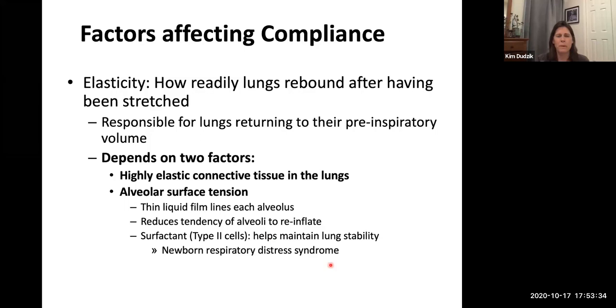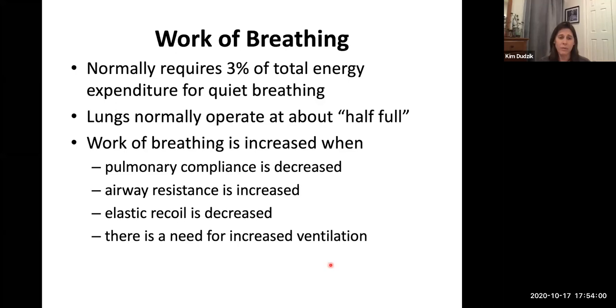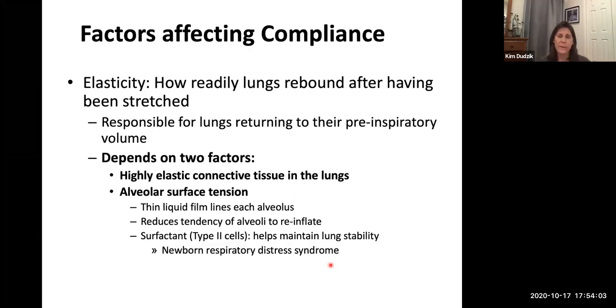But the good thing is we make an artificial surfactant. It's a spray that can go down the throat. And so our wonderful nurses will come in and help those babies daily so as to keep their breathing going. Because the good thing is, give them some time. The type 2 cells will start to develop even outside of the womb. And then pretty soon the babies are able to breathe pretty easily. Okay. So that is what our surfactant cells are for, to help us with the surface tension so that we can bring air into our lungs much more easily.